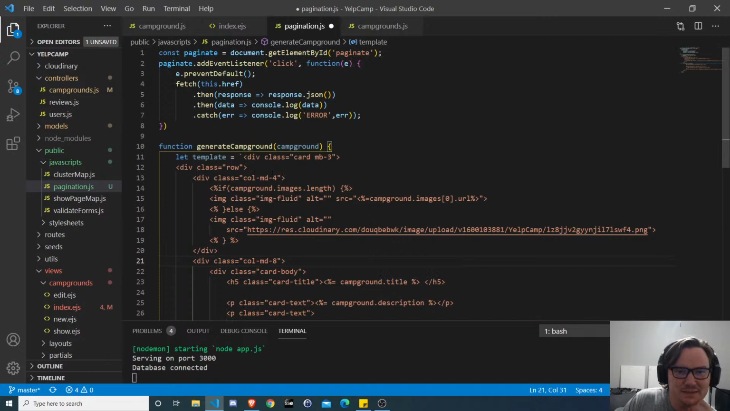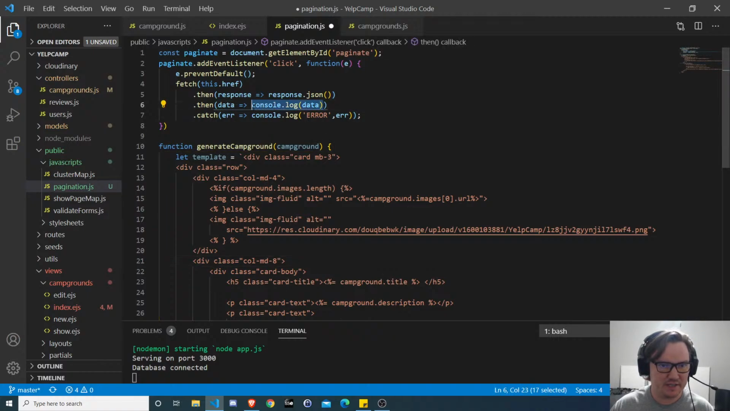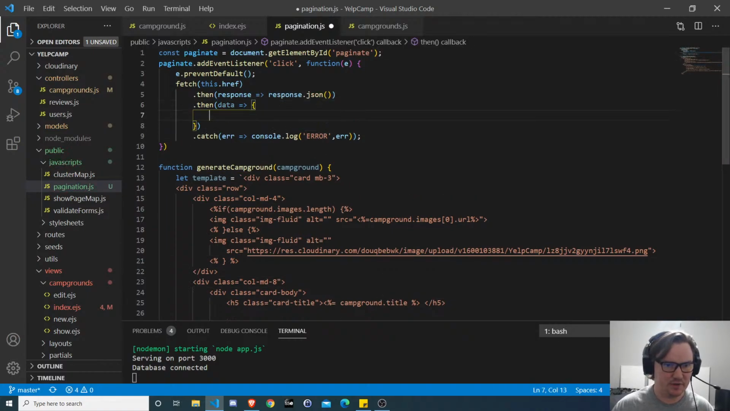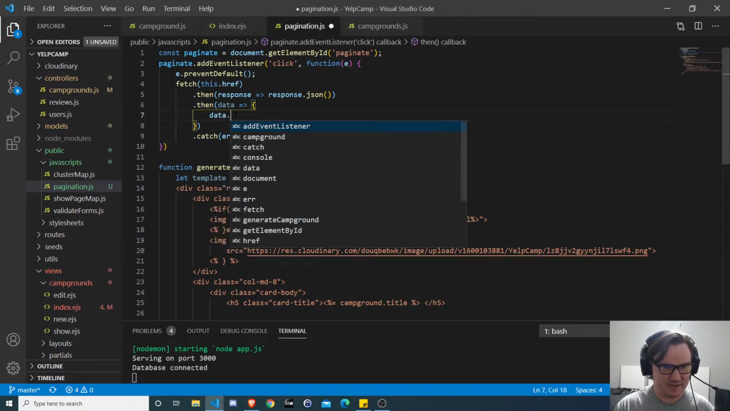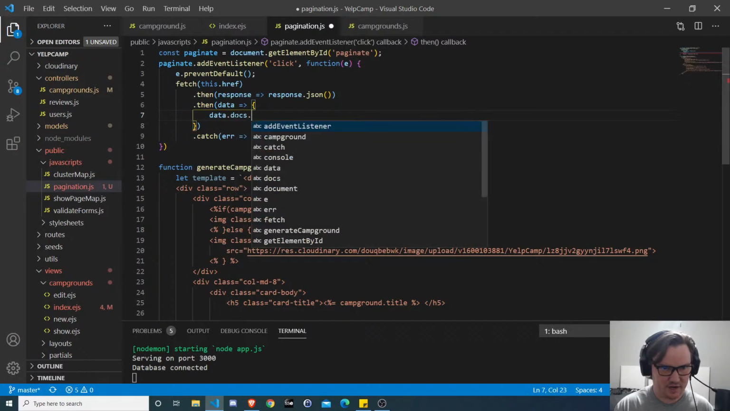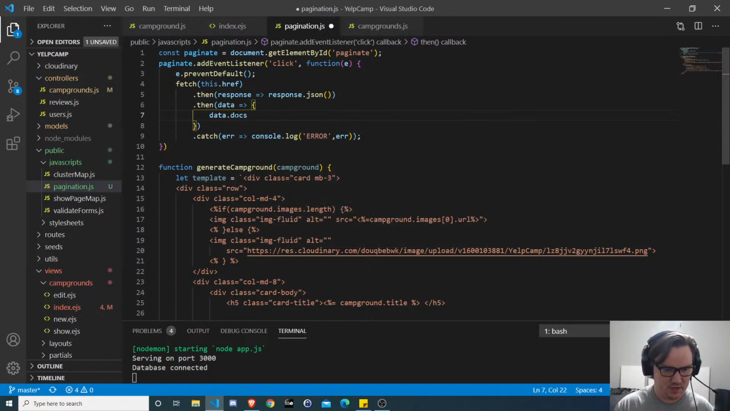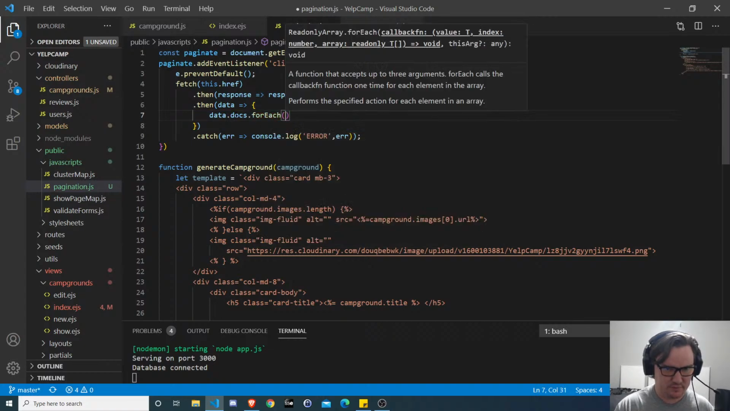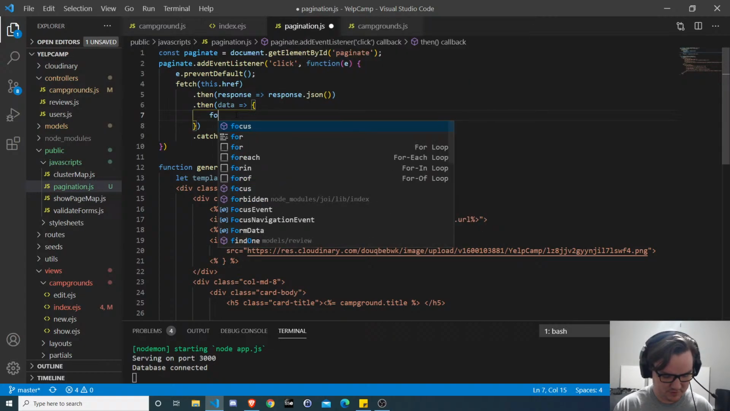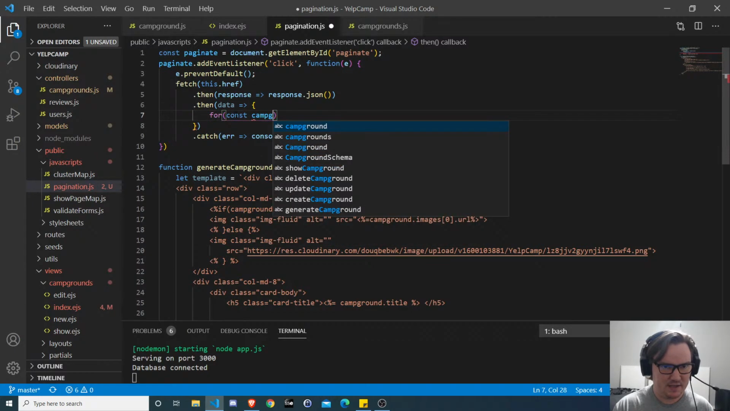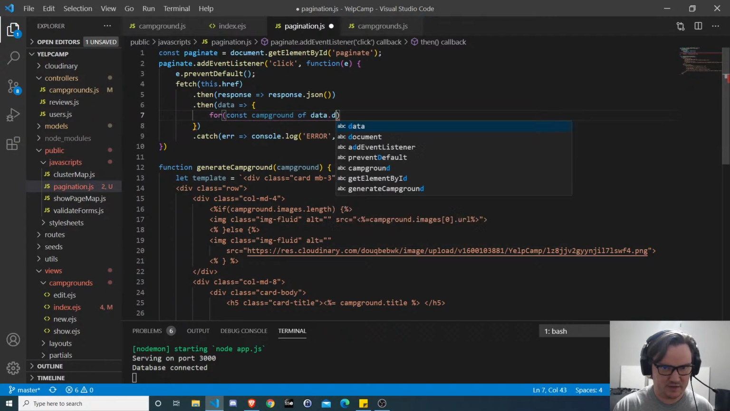Yeah, I have to think about that for a second. So here we have data. We're logging the data, but instead of logging it, we're going to open this up and say data, which is campgrounds, dot docs, which is all of the different campgrounds, dot forEach. We don't even have to use forEach. We can say for const campground of data.docs,